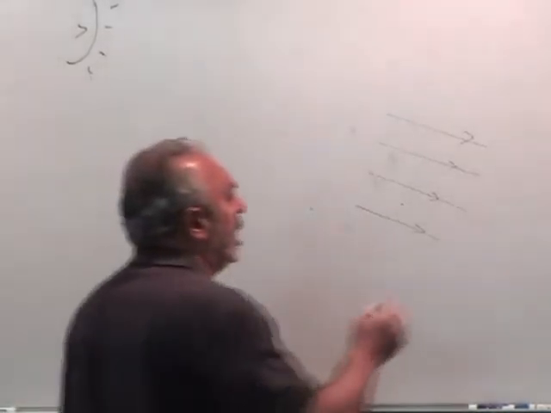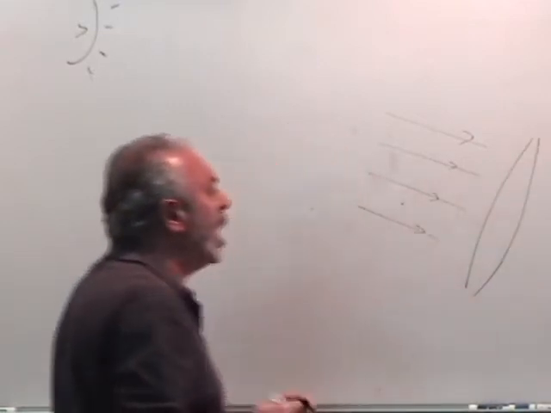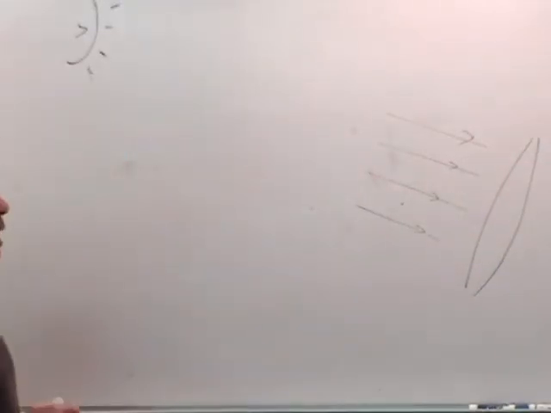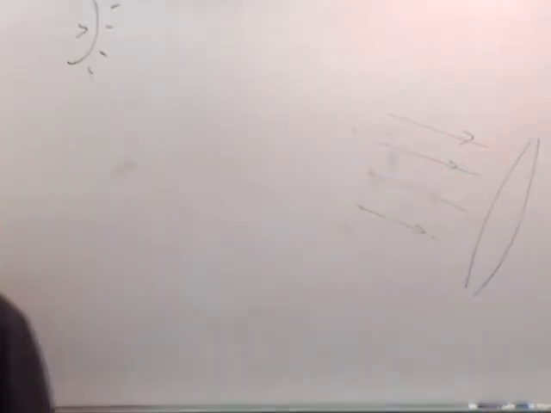Now, the first thing I said that you did was sort of arrange your lens like this, and what I meant was you arranged it so that the face of your lens is perpendicular to the incoming light. So let me show that lens now in cross-section. Here's a cross-section of that lens arranged so that the axis of that lens is parallel to the incoming light beam, like this. The next thing I said you did was that you moved the lens in and out to find your range.